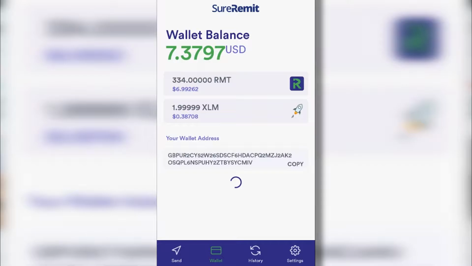If you really want adoption, you need to make it as user-friendly as possible, because there's a lot of people out there that don't know what cryptocurrencies are, don't know what tokens are, don't know what blockchain technology is, and the whole XLM, Stellar Lumens, RMT tokens is not going to make any sense to them. And there's a lot of people that you could explain it to, but it still won't make sense to them. So either I feel an infographic video at the beginning of the app when you first make an account